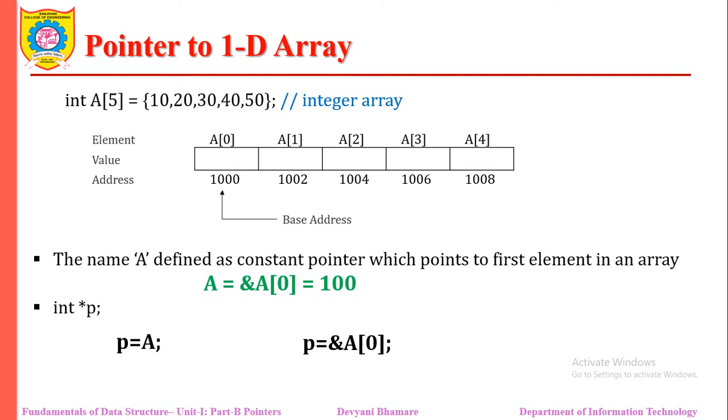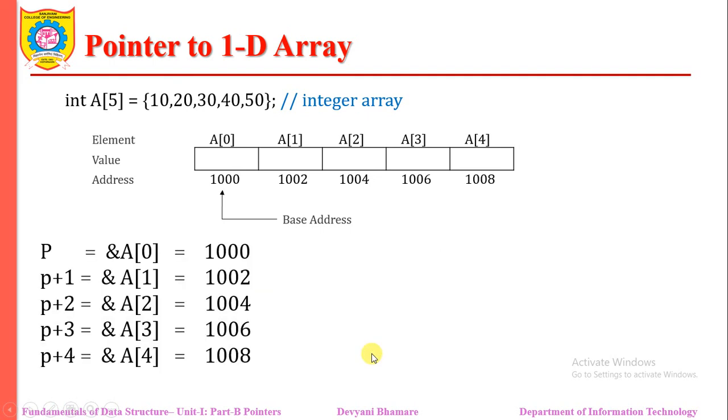So how does it work? We already saw that the array name itself works as the base address. So our pointer will point to that base address, that means the address of the first element in that array. Why do we say P is equal to address of E of 0? P contains the address of the first element, that is 1000. While we say P plus 1, it contains the address of E of 1, the second element, that means the address is 1002. Accordingly, P plus 3, P plus 4 will point to those specific memory locations.